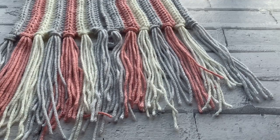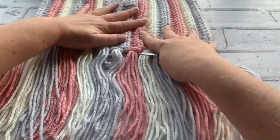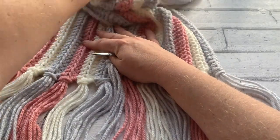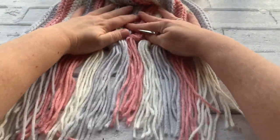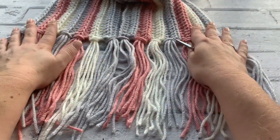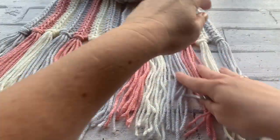So this is where we get to play hairdresser. I kind of make sure mine are lined up. They're not going to move. I'm just going to move that there. I hope you can still see what I'm doing. Just push it together, making sure that the edges of the scarf on both sides are lined up. And we're just going to kind of